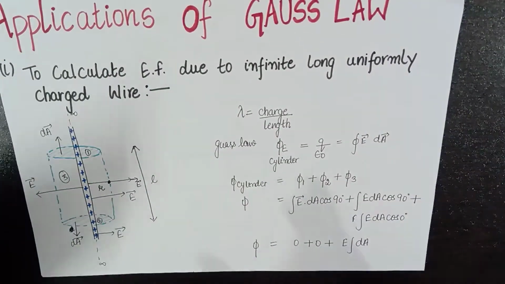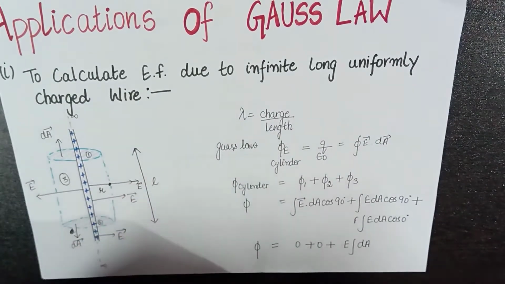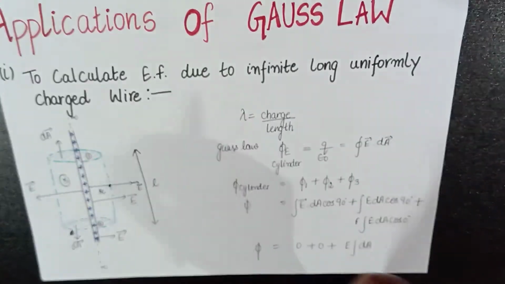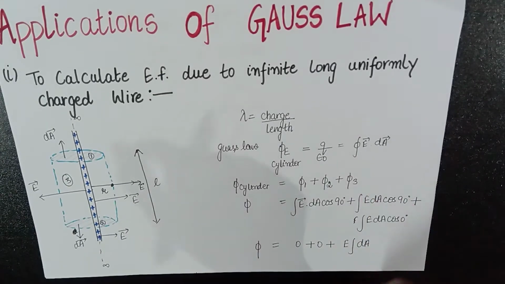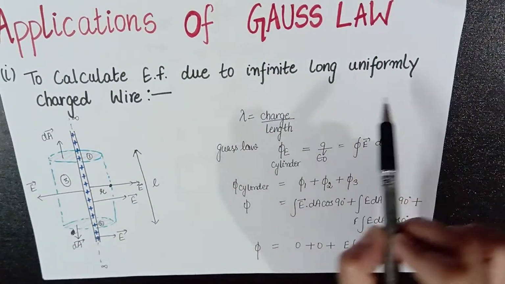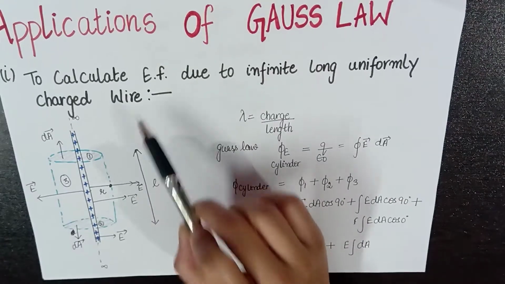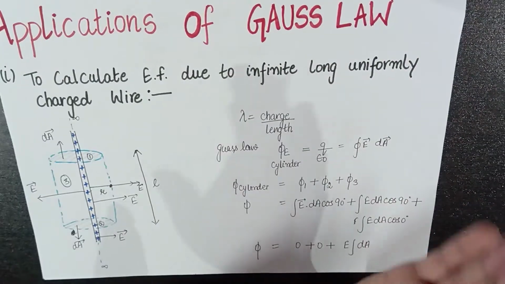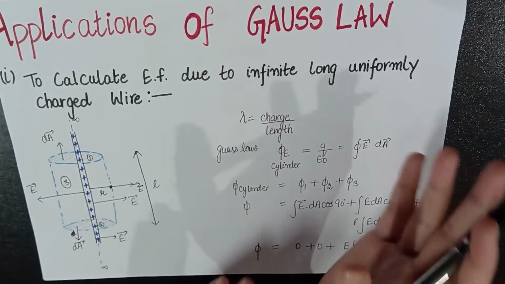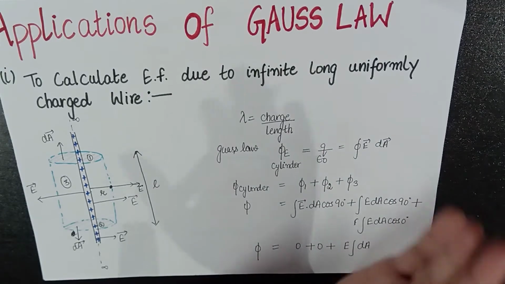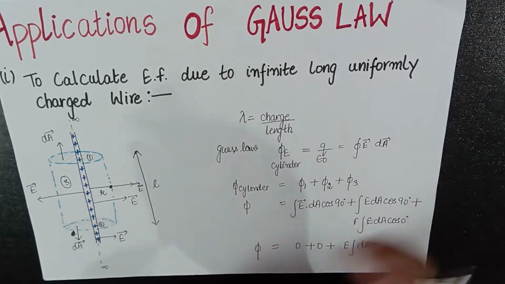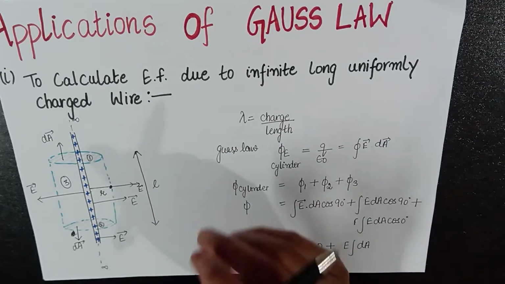So next, which is very important, is that this Gauss law is applicable in various situations where we have to calculate the electric field intensity. The first application of the Gauss law is to calculate the electric field due to a thin, infinite, long, uniformly charged wire. What we have studied till now is the statement of the Gauss law. What Gauss law says is that the net flux through any closed surface is equal to 1 upon epsilon naught times the charge enclosed by that surface. That we will apply here to find the electric field intensity due to different systems.